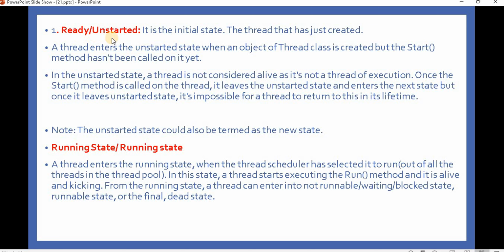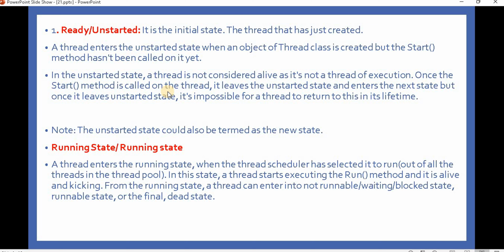First is the ready, or we can say the unstarted state. It is the initial state of a thread that was just created. The thread enters the unstarted state when an object of the Thread class is created, but the Start method hasn't been called on it yet. So that is the ready state. In the unstarted state, a thread is not considered alive, and it's not a thread of execution.